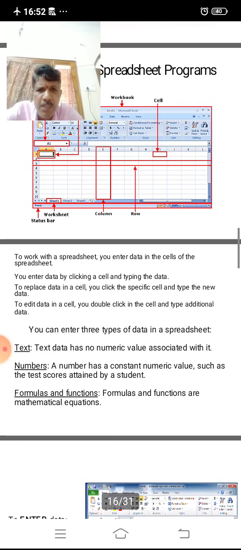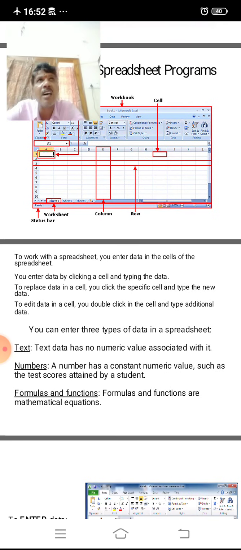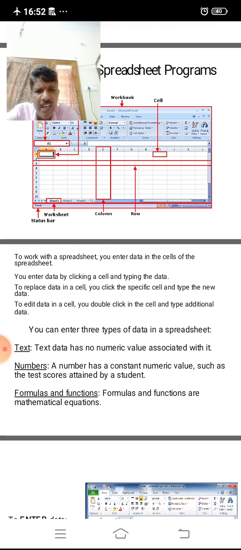To work with a spreadsheet, you enter data in the cells of the spreadsheet. You enter data by clicking a cell and typing the data. The user has to click a particular cell where the user wants to enter data. Once it is highlighted, the user has to enter the data.